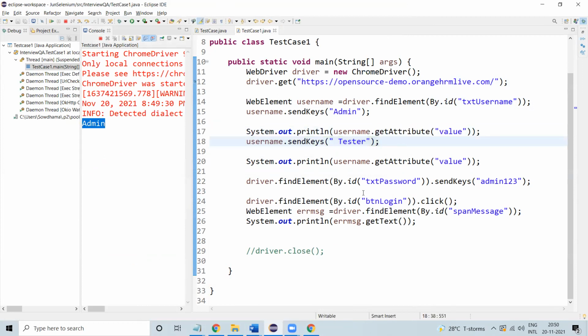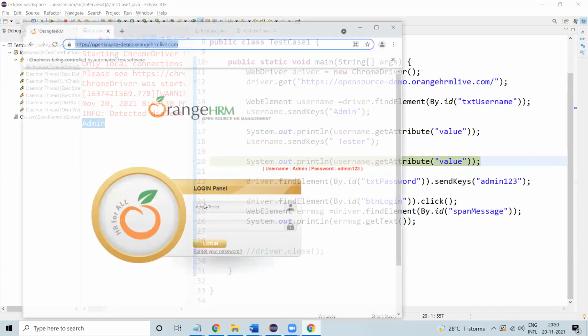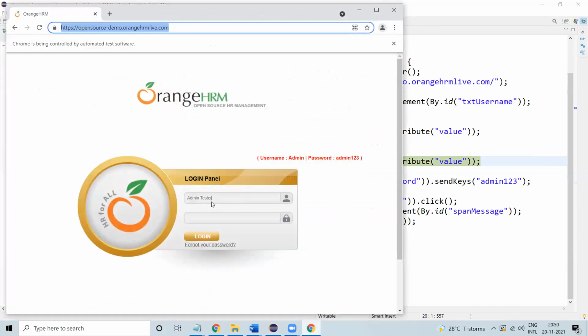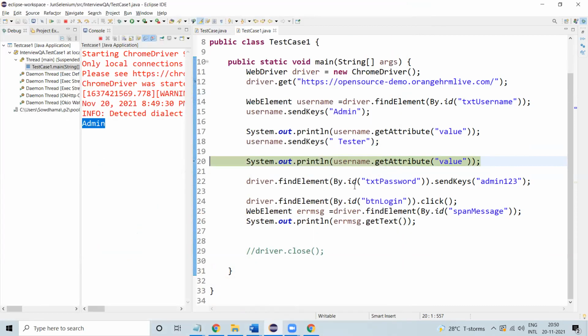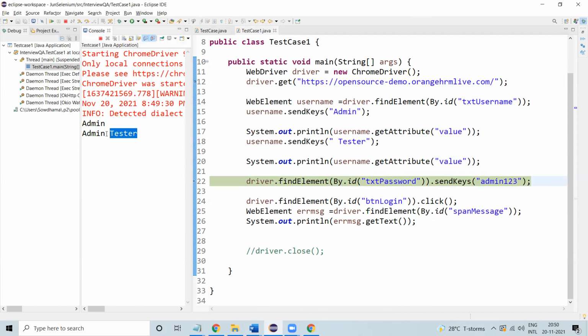Now if I click F6, it should append the value tester. See, the value is appended in the same username field. Now again I click F6. It printed the value. See, both values are printed, the appended text also.